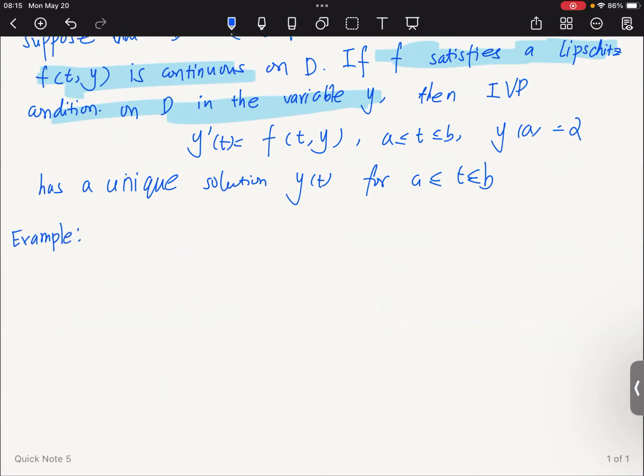As we can see, the Lipschitz condition is very important. So we are going to check one f function to see if it is Lipschitz continuous. There's one example here, and now we want to show this function f(t, y)